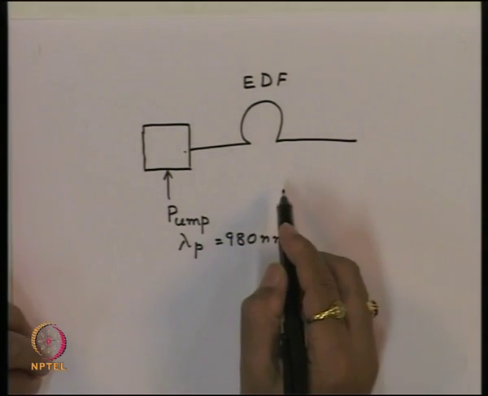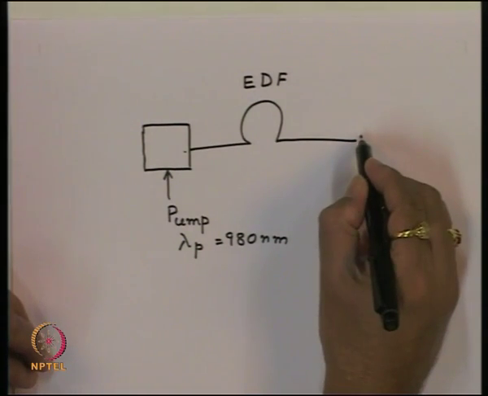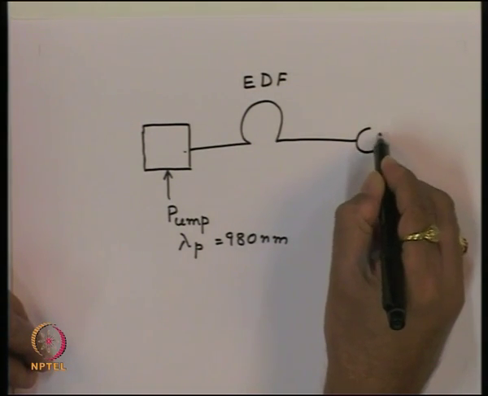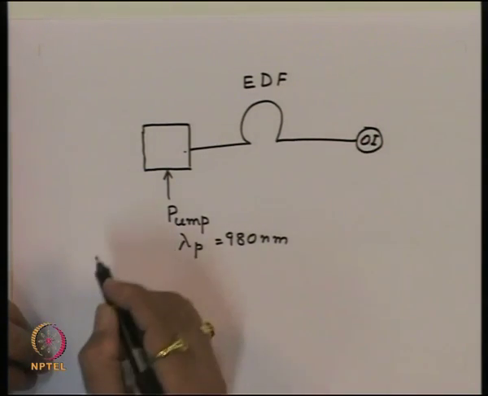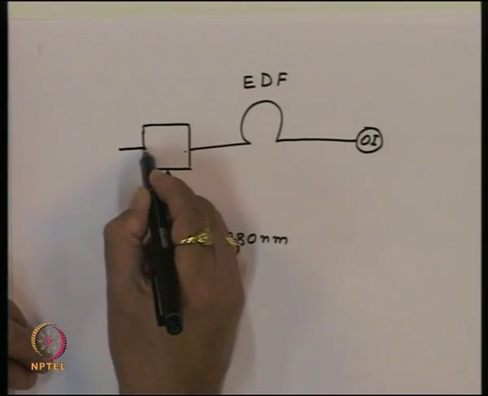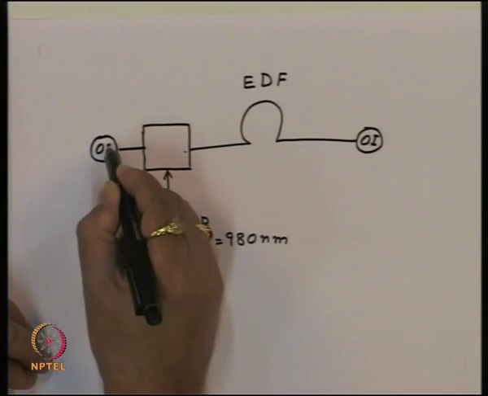And that is the reason we put what is called an optical isolator. So, we provide a device here which is optical isolator, and also we put a device here which is optical isolator,